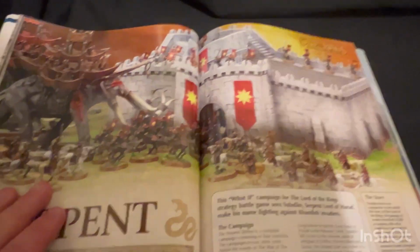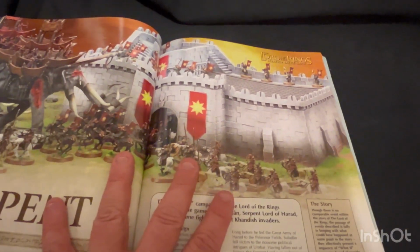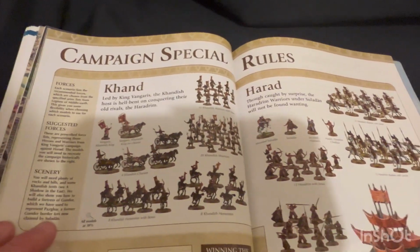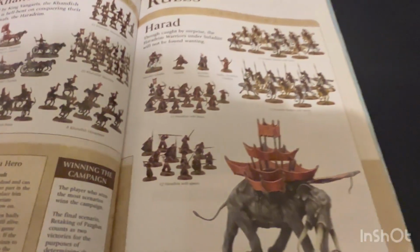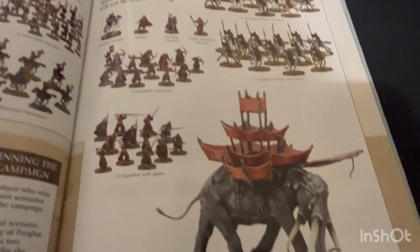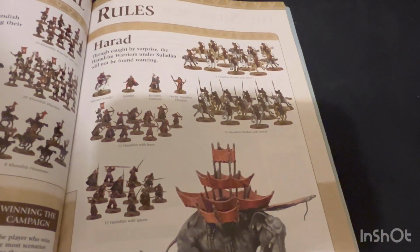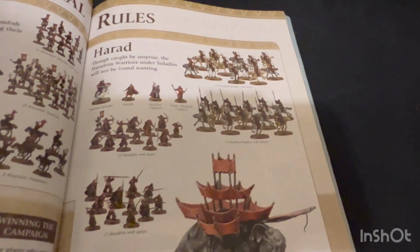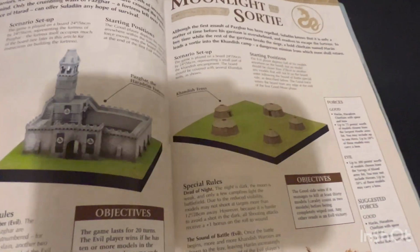Move on to the Serpent Strikes, a cool battle, sort of a what-if scenario if Harad decided to take on the Khandish warriors, two forces that were under the command of Sauron. So you have the Khand here, which are very Mongolian in their look, lots of horses, lots of chariots, and of course the Harad, which we saw on top of their Mumakil, very Eastern, not Oriental, sorry. Not sure of the word I'm looking for here, but yeah, the Suladan, so maybe more Egyptian inspired, correct me if I'm wrong. Some cool scenarios where you're trying to fight a war between